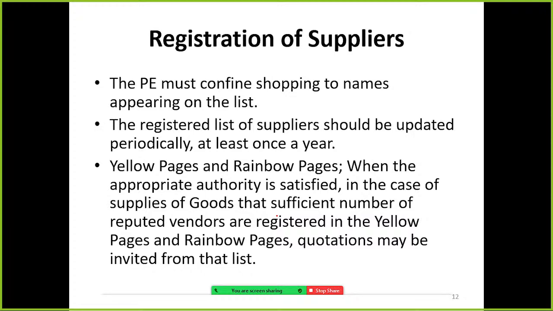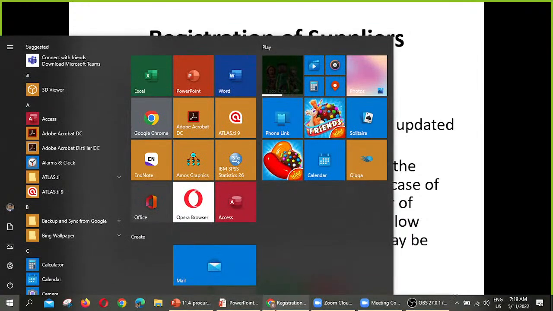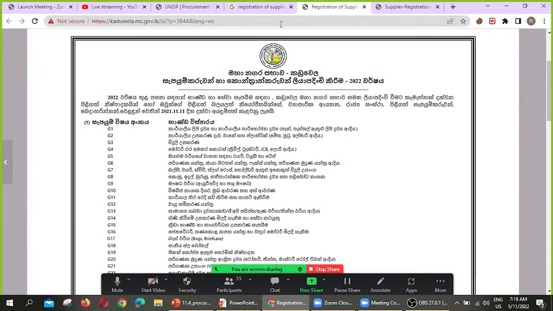One option, they can call for registration of suppliers and keep their own list. The second option is they can choose rainbow pages or yellow pages published by Sri Lanka Telecom, where you can find so many suppliers, and you can get quotations from the registered suppliers in the SLT rainbow pages. So we can visit the SLT rainbow pages.